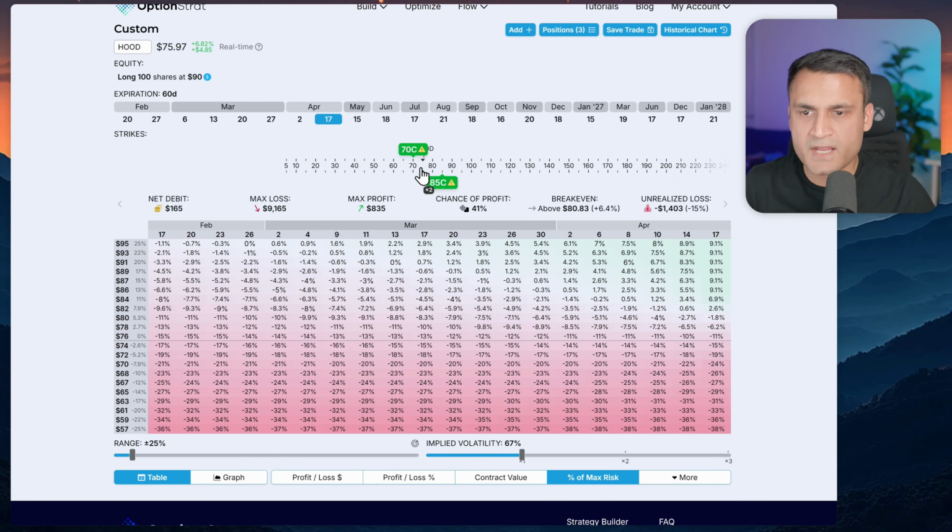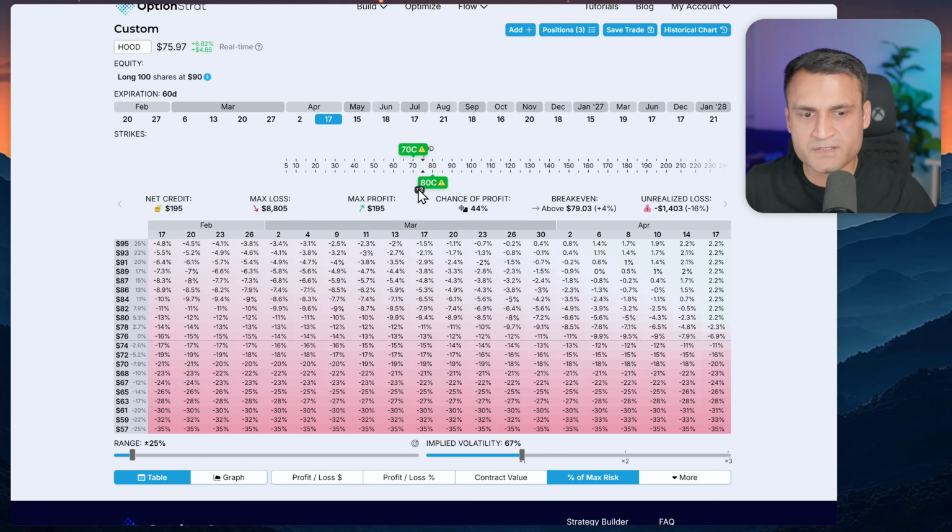And I can also try moving the strike prices down by another 5 points. So if I do go with 70 and 80 strike combination, in this case, my break-even price will be reduced to 79, and my upside is going to be reduced to 195. So I'm receiving $195 net credit here, and even if the stock is over 80, I'm going to make 2.2% return. So you want to be more aggressive and in the money